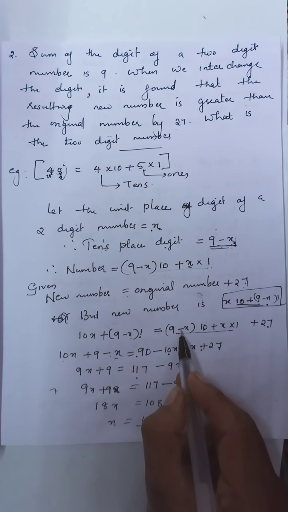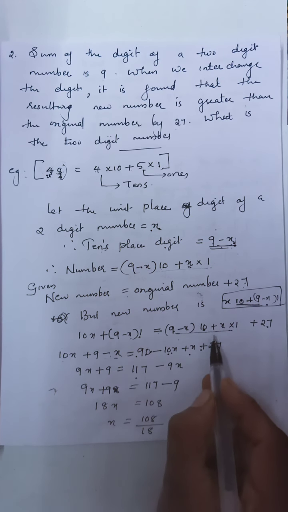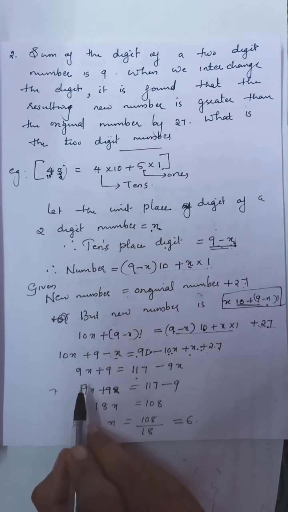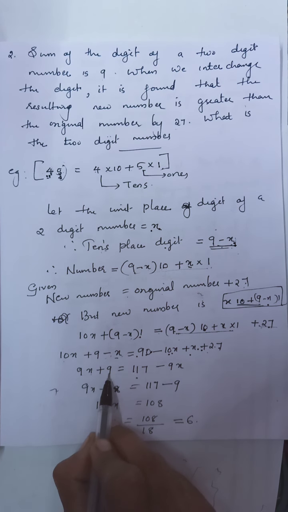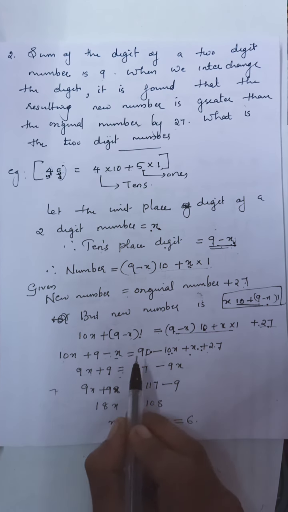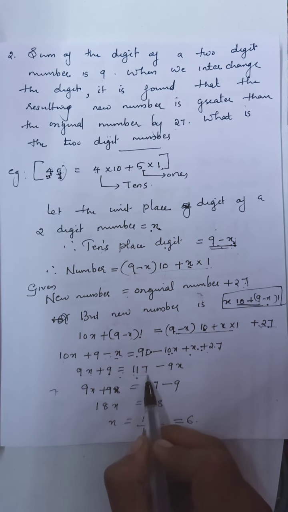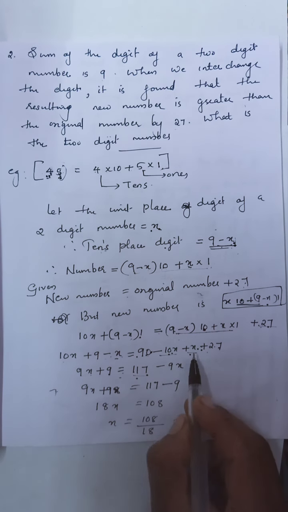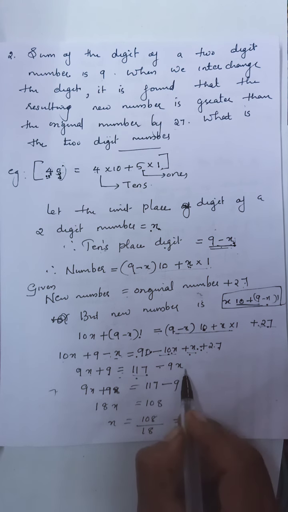27. That is 10 into 9 is 90, 10 into x is 10x, then you write this x plus this number 27. Then 10x minus x is 9x, then you write this plus 9 is equal to, here we have a plus 90 and 27, so you add those two numbers, you get 117, and minus 10x plus x. Take the difference and put the sign of the greatest number, so you get minus 9x.